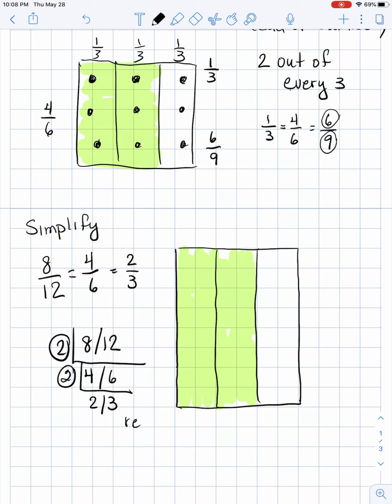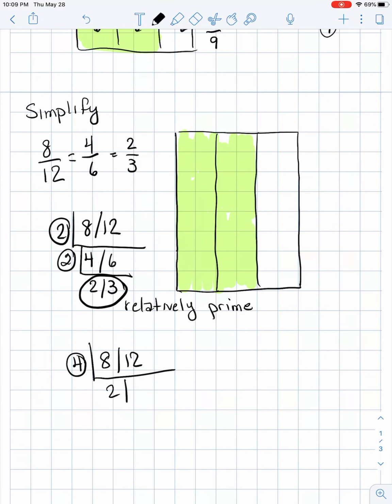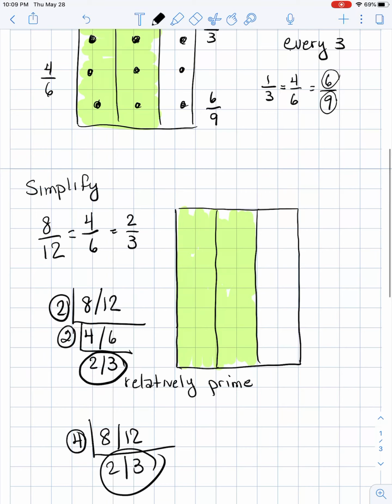And 2 and 3 are what we call relatively prime. And that means they have no factors in common other than 1. And so that is the simplified version. Now, if you took 8/12 and you right away saw, oh, they have a 4 in common, then you could do this in one step. 4 goes into 8 2 times. 4 goes into 12 3 times. These are relatively prime. And so here is your simplified fraction. Okay? And so those are just the basics. Of course, there's a lot more to know about fractions, but hopefully you